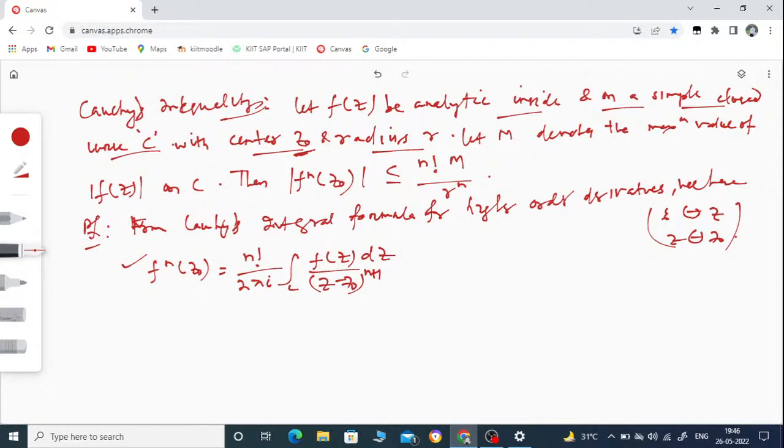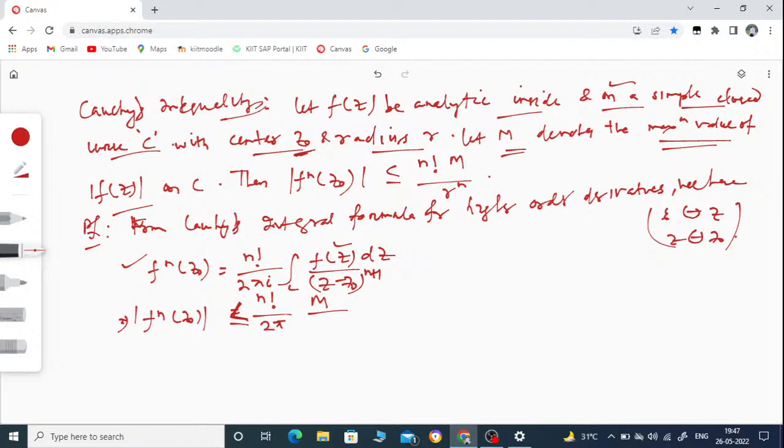So if I take its modulus, what I will get: modulus of f^(n)(z0) is equal to n factorial divided by 2 pi. Here also I am taking the modulus, so modulus of i is 1. So this will be n factorial divided by 2 pi. Then what is my right hand side? The right hand side is f of z. Do you know its maximum value? Its maximum value is M, where M denotes the maximum value of mod f of z. So I will put a less than or equal to symbol here, then I will put the maximum value here, M divided by